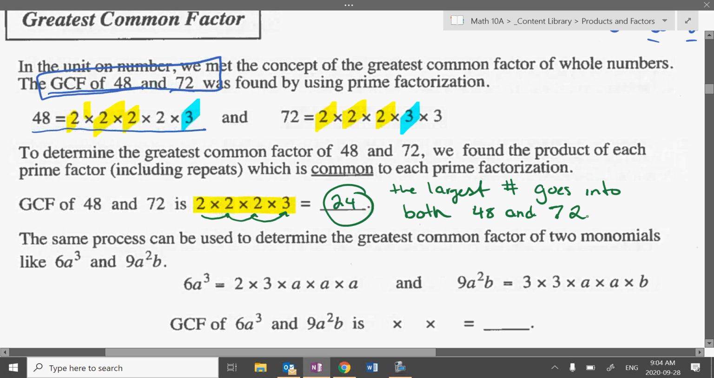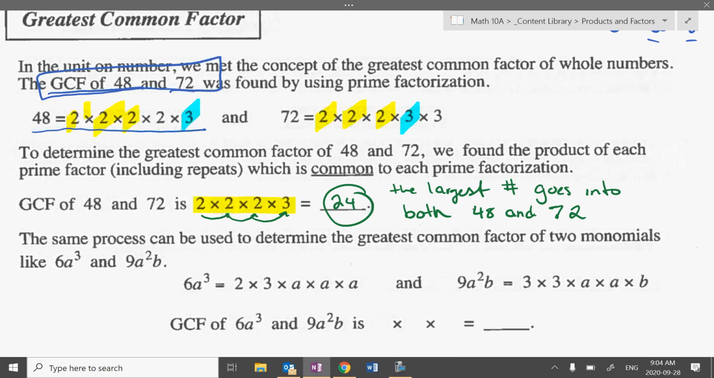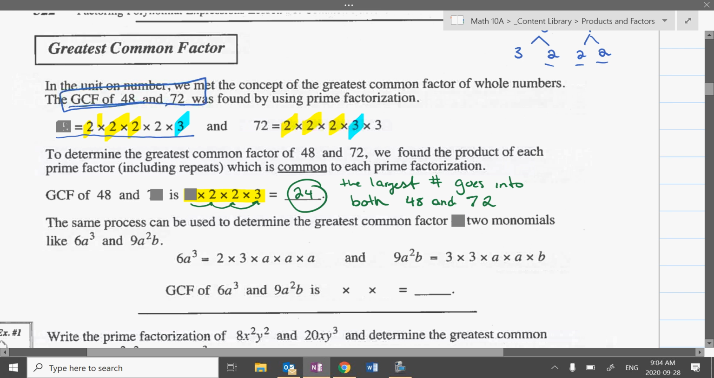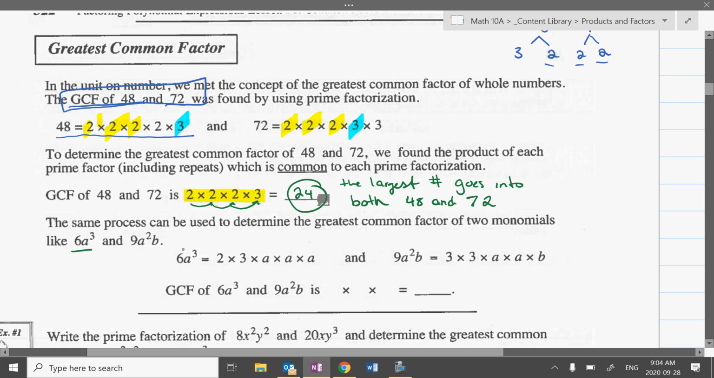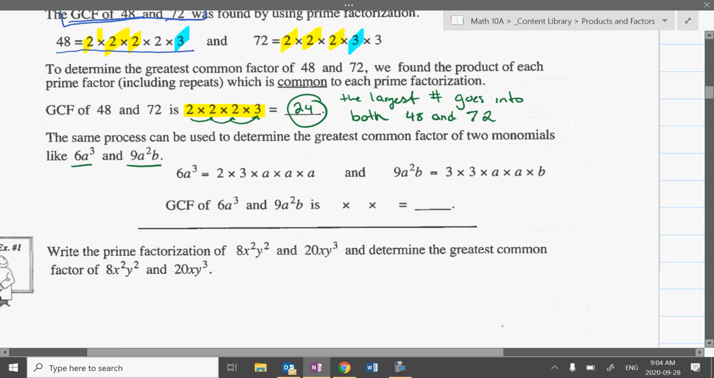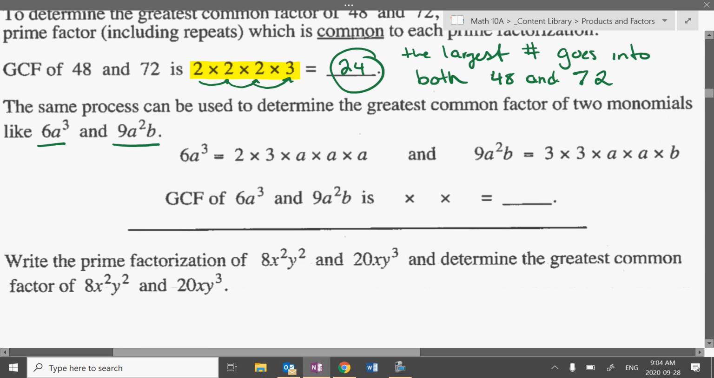Where this gets a little bit more difficult is when we have variables, right? So that was the grade 9, grade 8 version of doing greatest common factor. Now it's the greatest common factor between 6a cubed and 9a squared times b. So you're going to list them out again. For 6a cubed, I can only break that down to a 2 and a 3, and then a times a times a is the only way I'm going to get an a to the power